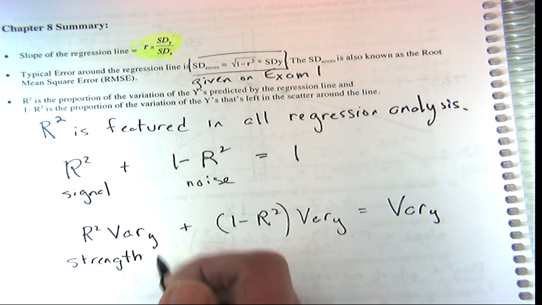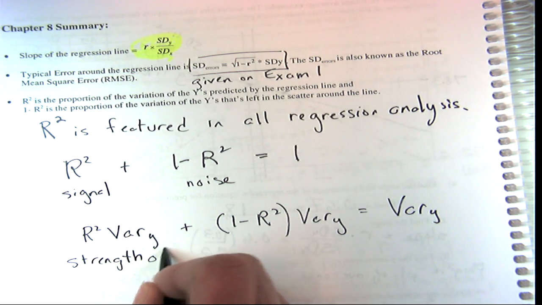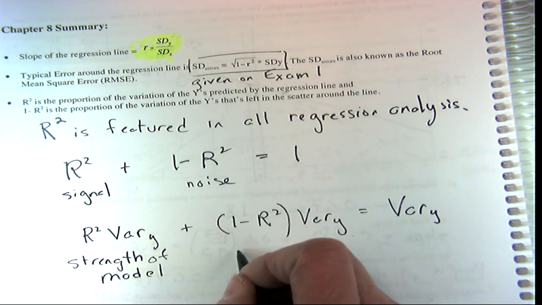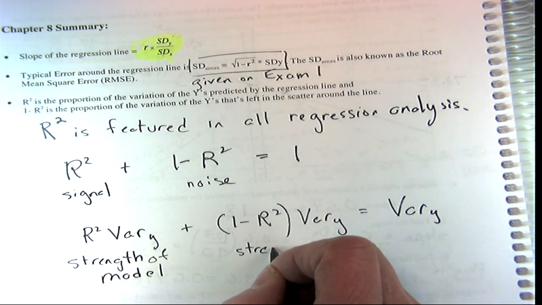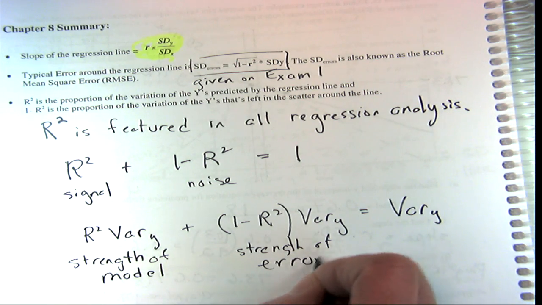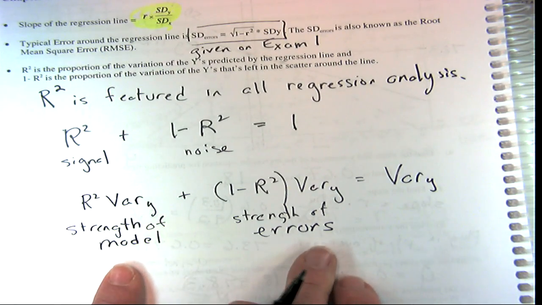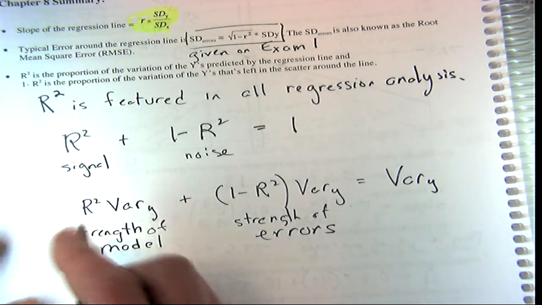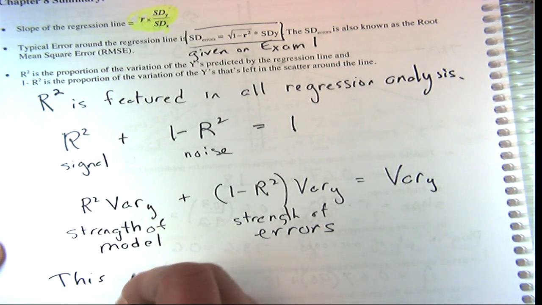In this case, our model is the regression line. So this is the strength of the model, the signal, and this is the strength of our errors. So this partition